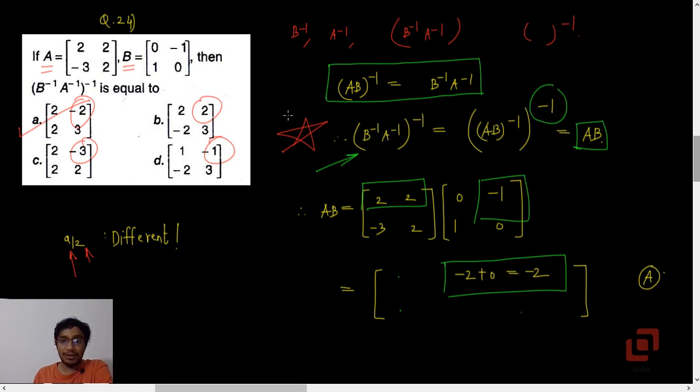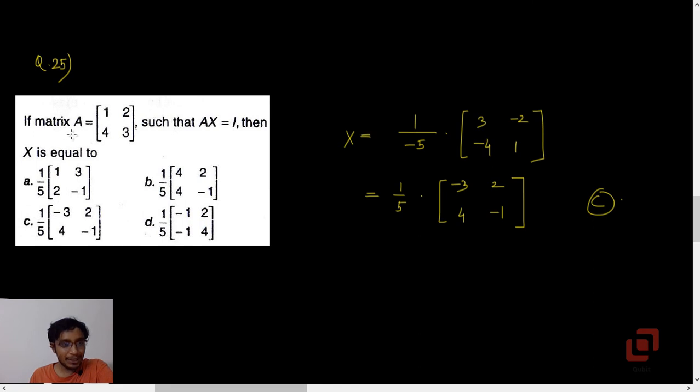But remember this property, okay? AB inverse is equal to B inverse into A inverse, and inverse of inverse is the matrix itself. Okay, this question 24 is based on that. Otherwise you have to follow this lengthy process, and all of us including me hate matrix multiplications, right? Yes. Good news is in engineering you are allowed to use calculators to multiply the matrices. Okay, so only in CET you will find yourselves multiplying two matrices. Okay, so that's 24.